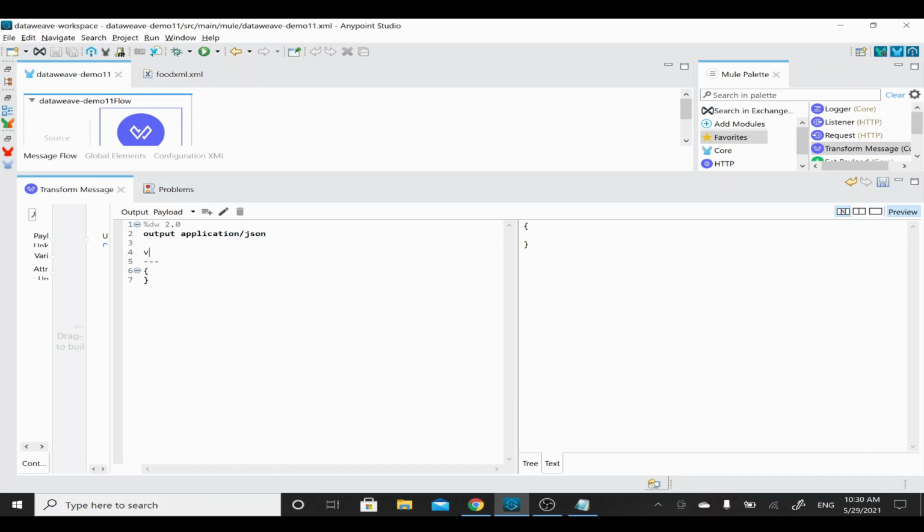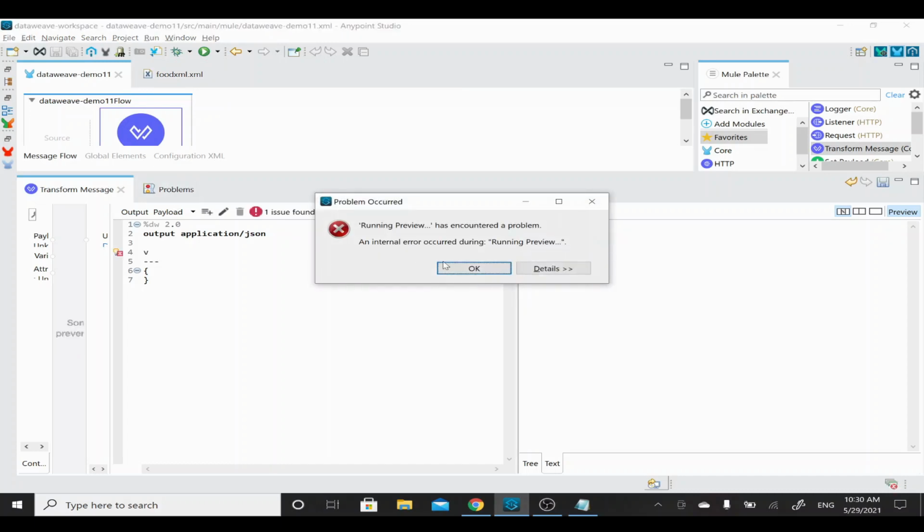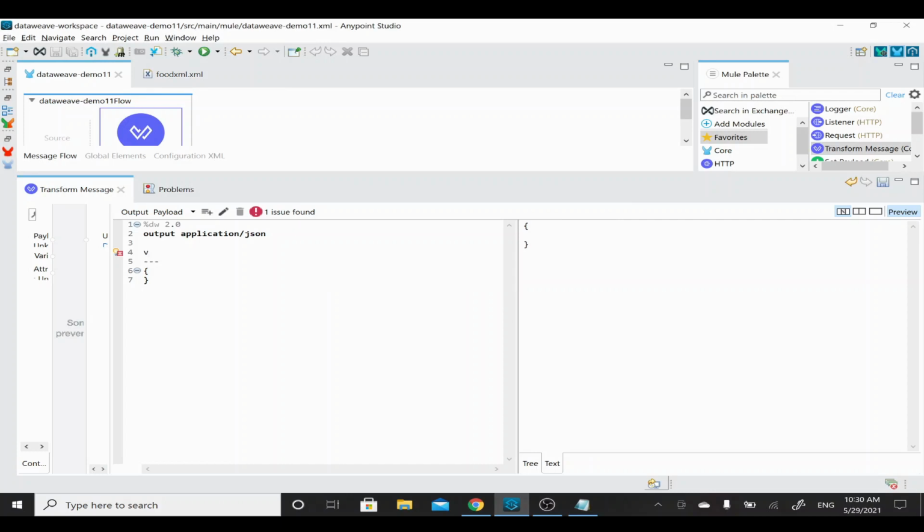Okay, so now what I'll do is we have stored that food XML in our examples folder, right? So I'm going to refer to that. So I'll just create a variable. I'll just give var, and this field name, right? I'll just keep it as breakfastMenu, right? BreakfastMenu. This is my field name, and I'll just say equal to. I'm going to read this data from the sample.